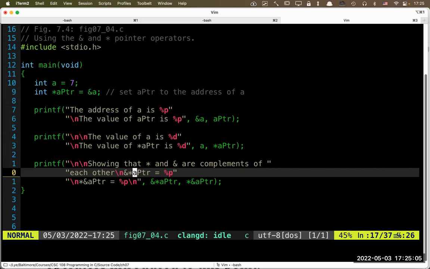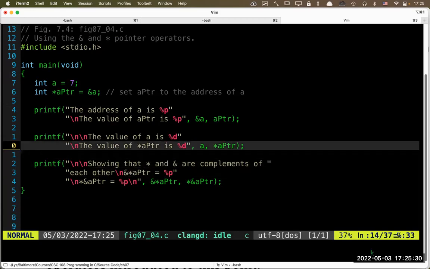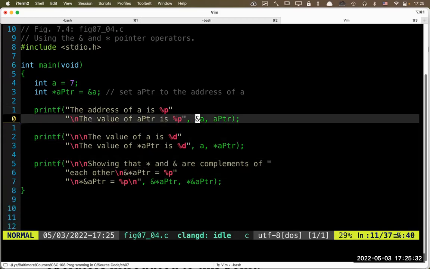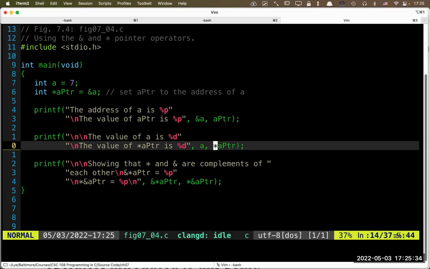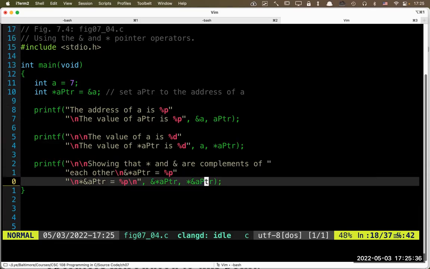So star a pointer, so get the variable a. Then the ampersand symbol, so this will get the variable a's memory address. So for this command, it's the memory address of a. So actually it should be the same as these two numbers. Then the last one,